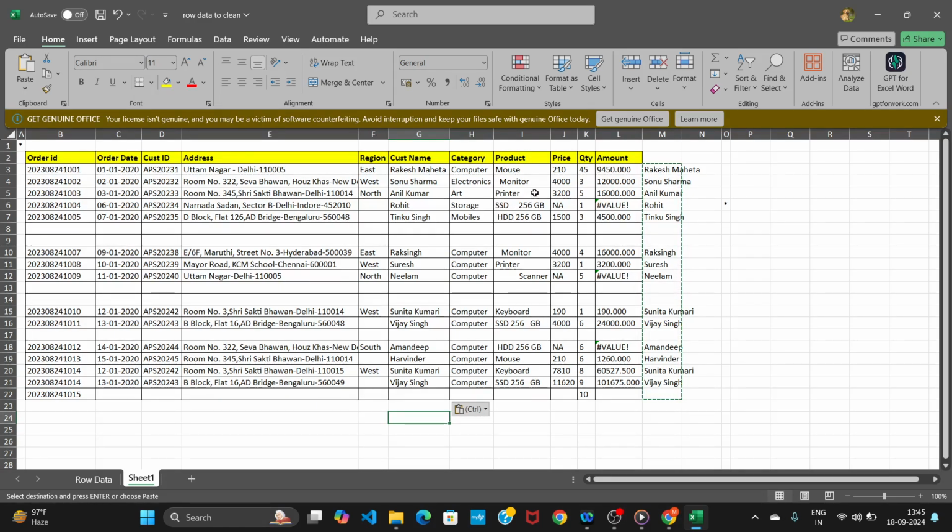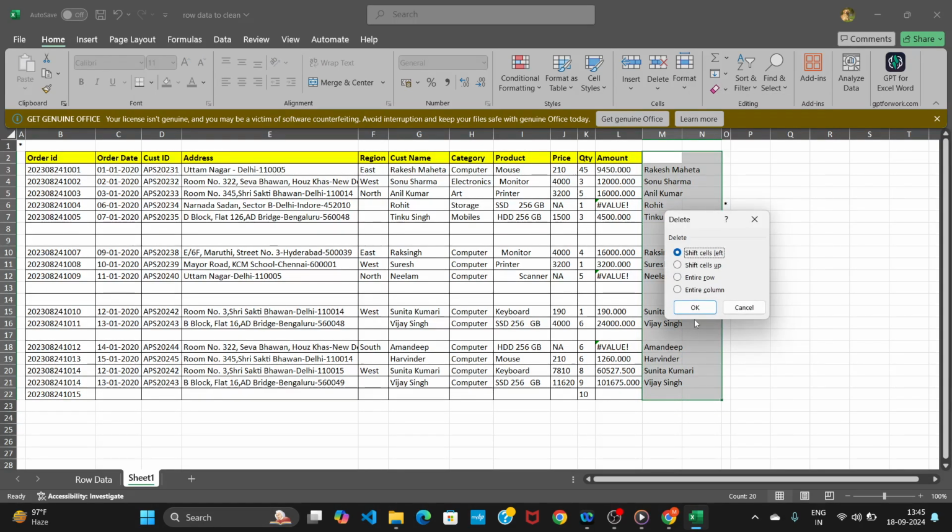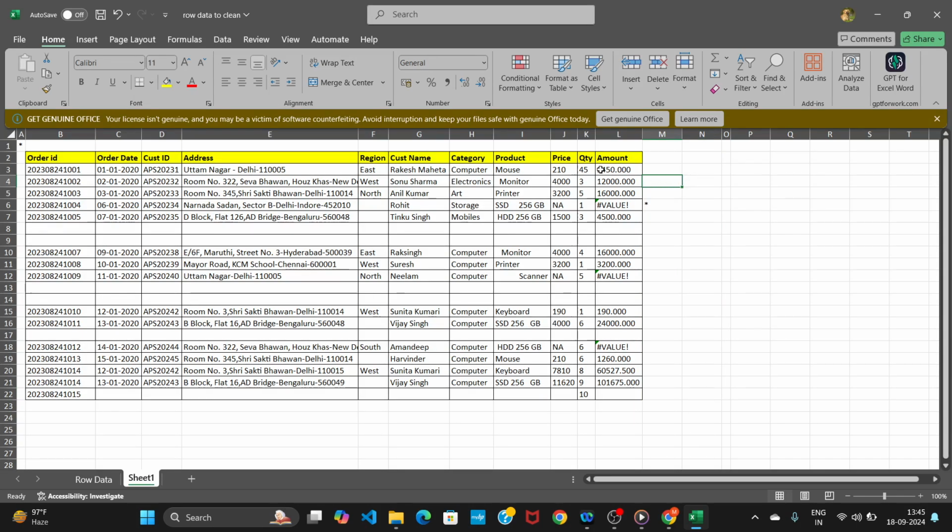Here you can see some text is aligned to the right and left. To fix this issue, first of all, let me delete this. Right click. Okay. And now to fix this, we are going to use the TRIM formula. That is, equal to TRIM, open parenthesis and click this, and after that hit Enter, and now drag down